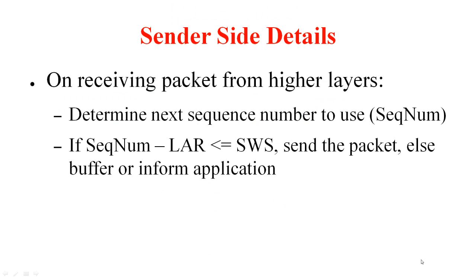So here are the sender side details. On the sender side, whenever it receives a packet from the higher layer, it has to first sequence number it. So it will just pick the next sequence number to use and give it a sequence number. Now if this sequence number that it has been assigned falls within the SWS, in other words, this minus LAR is less than or equal to this, that means it's falling within the sending window, it can send the packet. Else it can buffer the packet